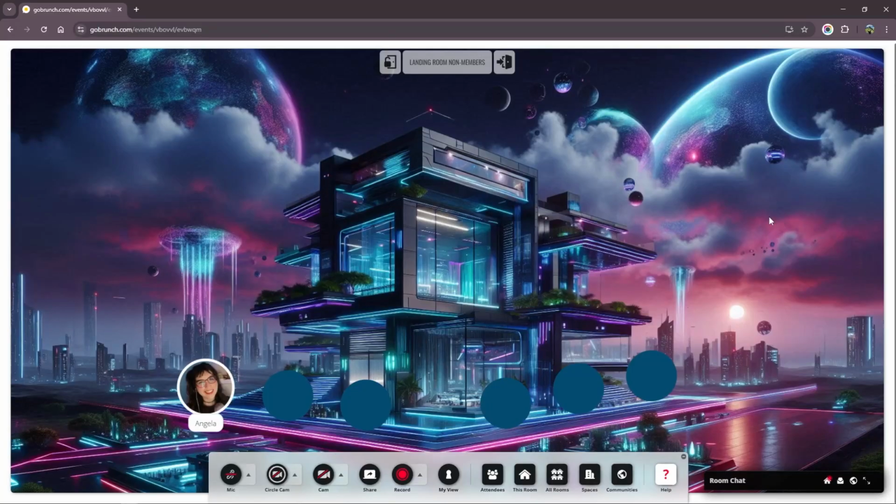And like this, you can create a community using the GoBrunch option. Remember, if you're collecting payments outside GoBrunch, like PayPal or any other tool, or you want to create a free community, you can use this option. But if you're collecting payments with Stripe, then we can use the other option, which is going to be the next community that we're going to create.